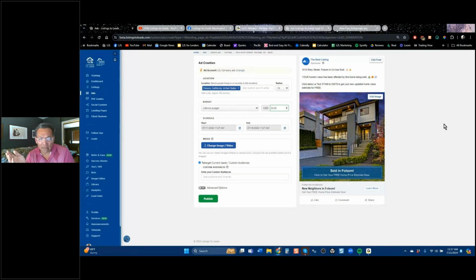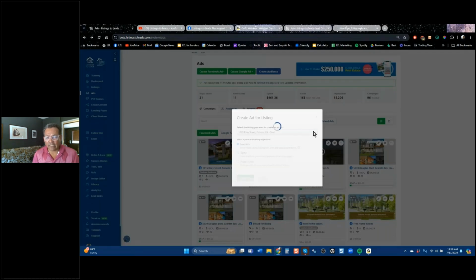Now, that's actually not the average. The average cost of a seller lead from a sold ad like this is $7 each. So if you spend $50, you would expect 7 leads, 7 times 7 is 49, right? So that's the math and how this works. This works pretty well. You can even market homes that are pending, and the language is the same. It's going to get you a listing, right? So early stage properties like coming soon, open house, just listed, or just plain active are going to get you buyer leads.